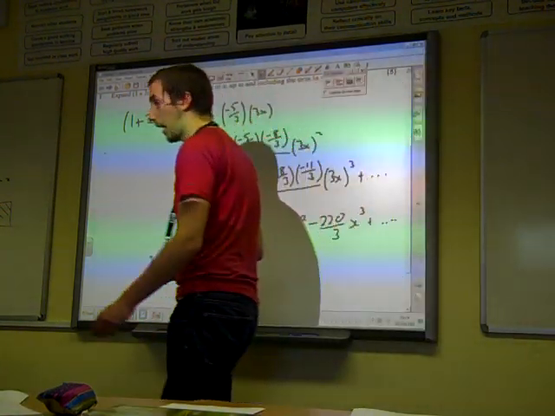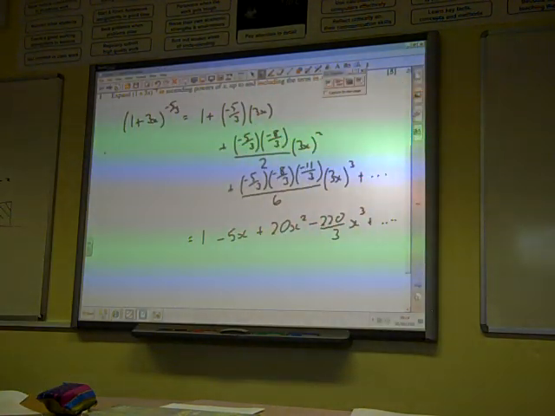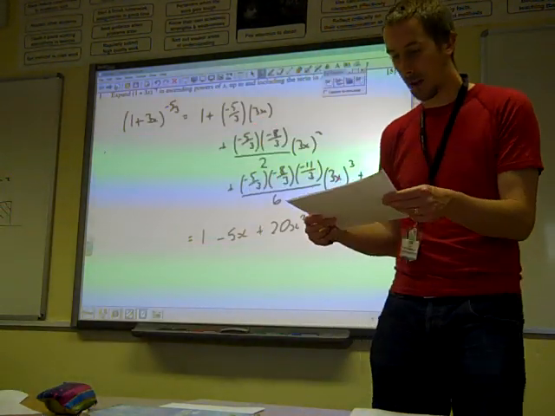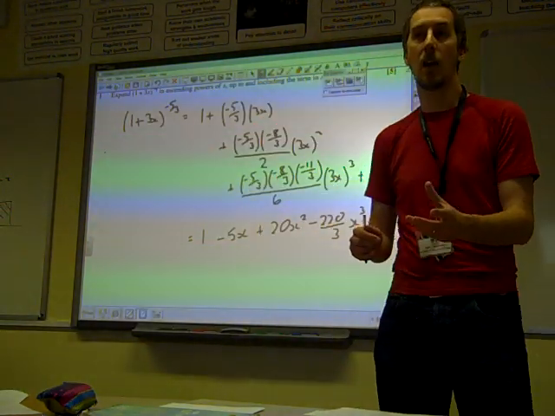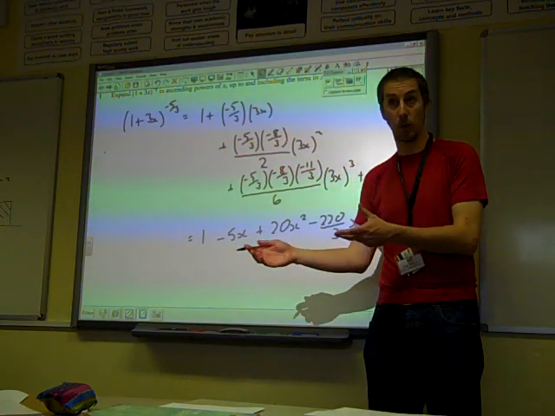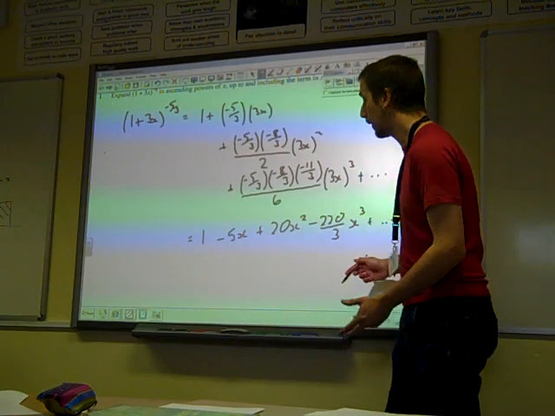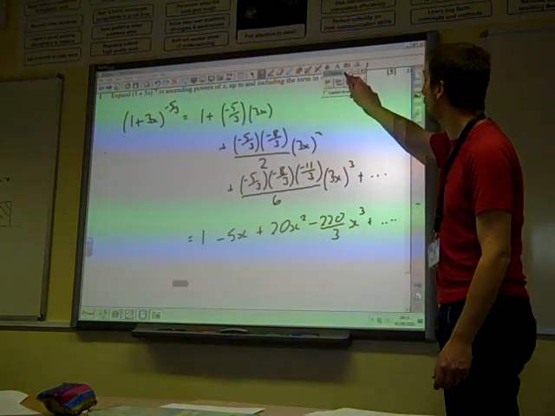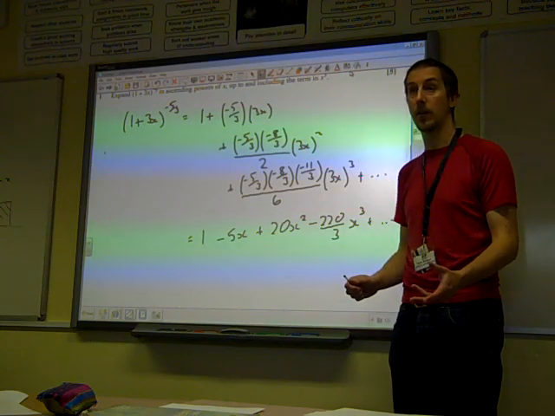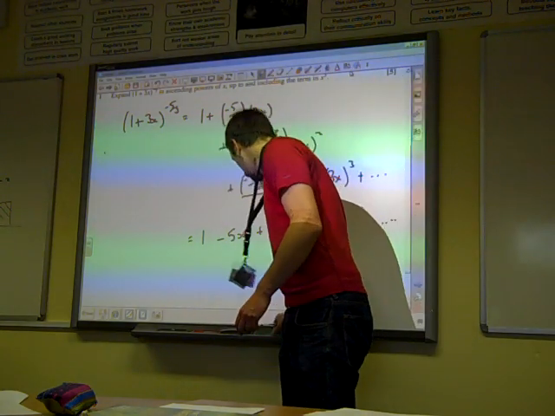The question didn't ask us this, but the common thing with these is then to state the range of values of x for which it's valid. It's quite unusual for a question not to do that, but they've given 5 marks for this, which is pretty generous anyway. If we had to do that at the end, then all we do now is say